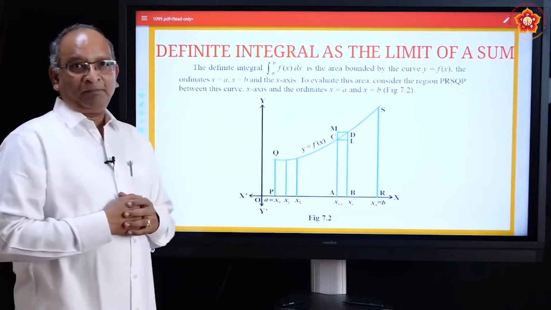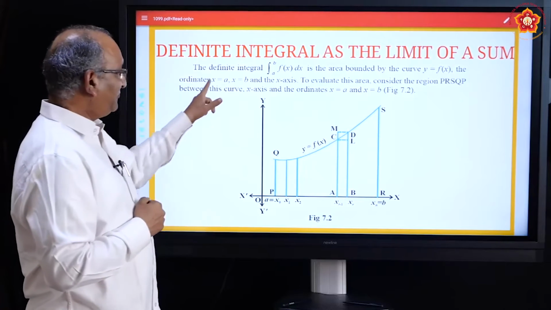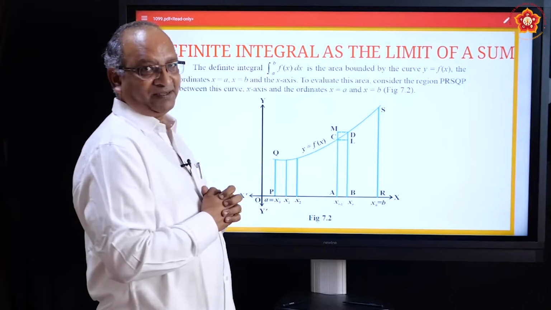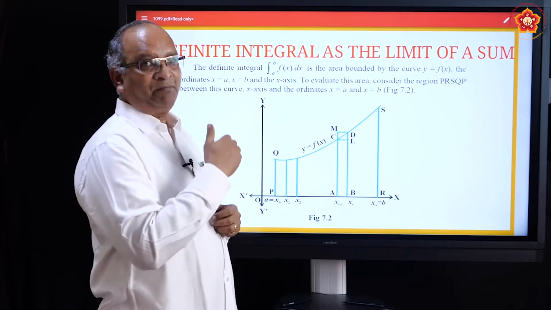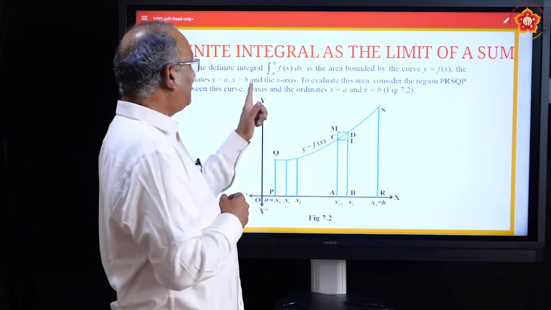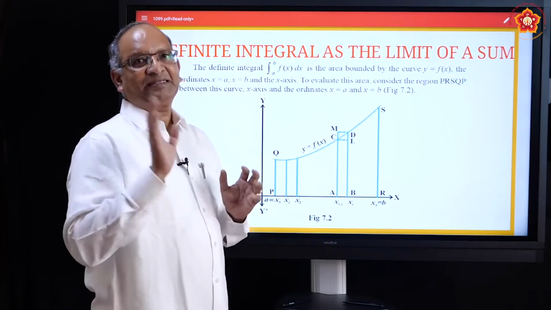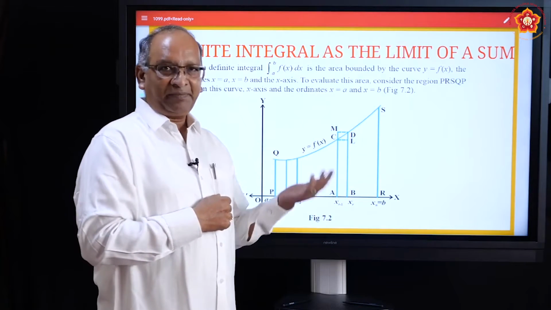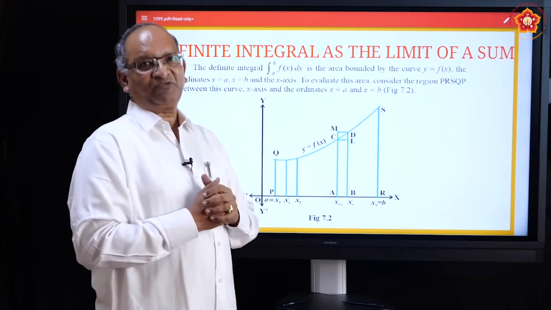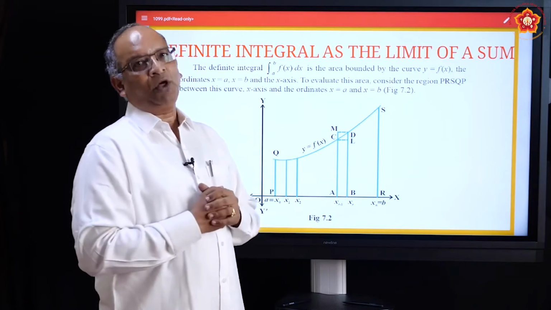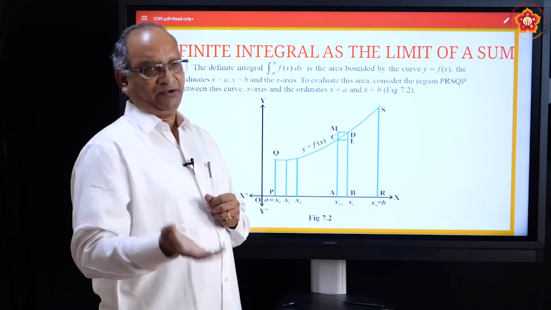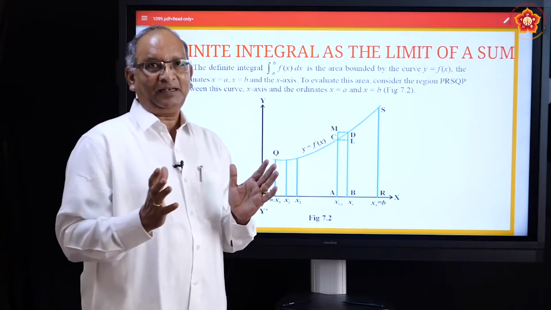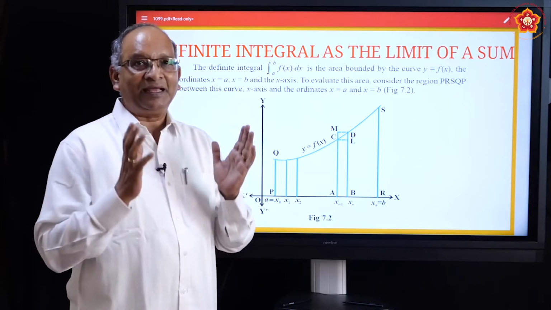Yes. Please look at the definition. In the definite integral, a to b are called limits of the integral. a is called the lower limit, b is called the upper limit, and f(x) is a function. You are familiar with integration of f(x) dx. f(x) can take any value. It can be a trigonometric function, an exponential function, a logarithmic function, and most commonly a polynomial function. So f(x) can take any value, okay? So what does it give actually? The definite integral of a particular function gives you area.